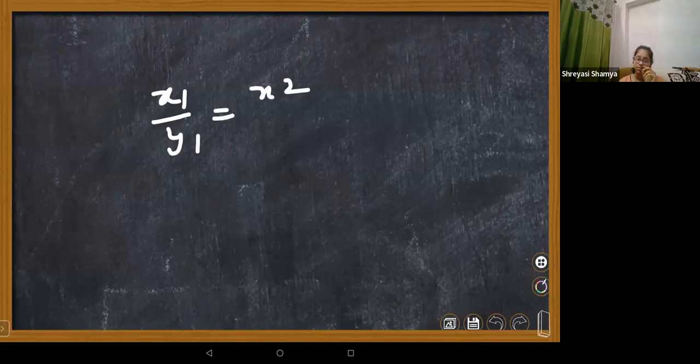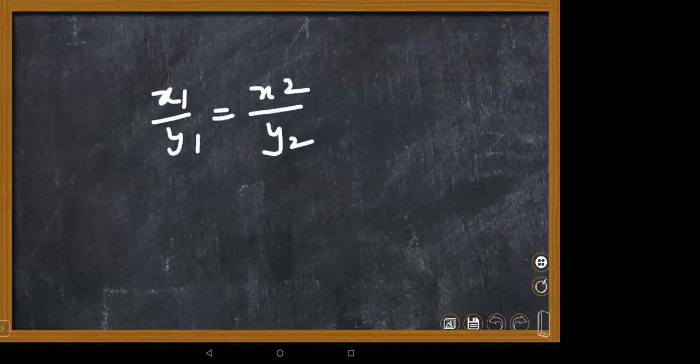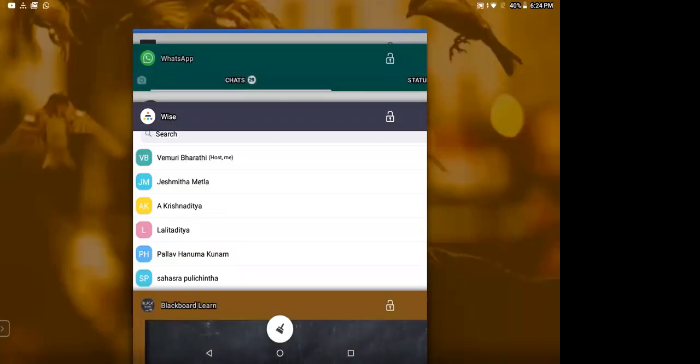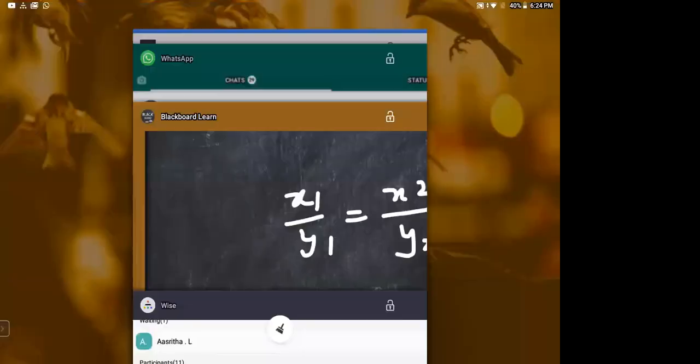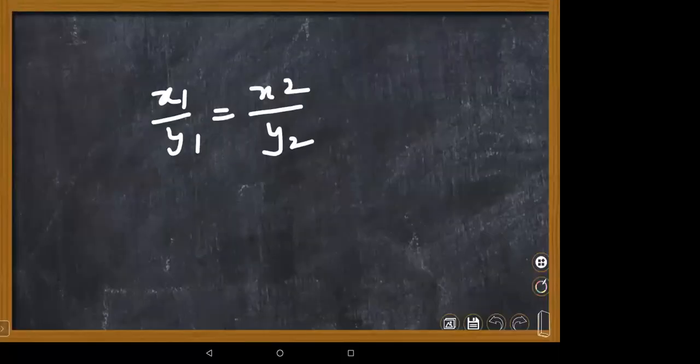Ma'am, that is even in inverse and direct proportion. Very good. Or product of means equal to product of extremes, a well-known formula for this. That means the middle terms multiplied equal the outermost terms.